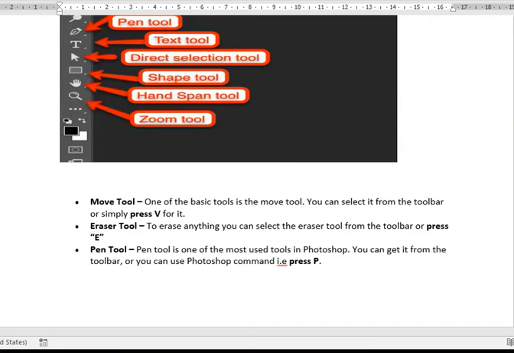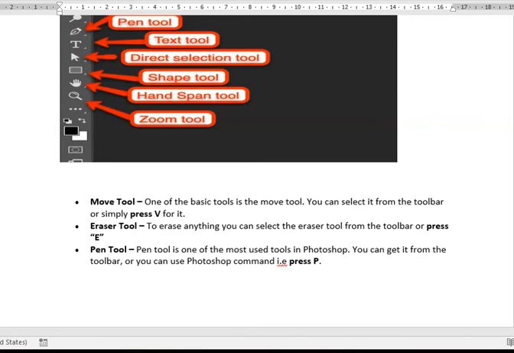Next one is the eraser tool. Eraser tool is used to erase anything. You can select the eraser tool from the toolbar. Simply press E for the eraser tool.